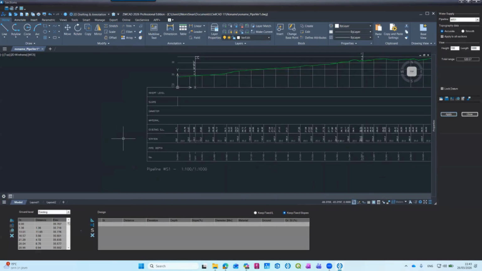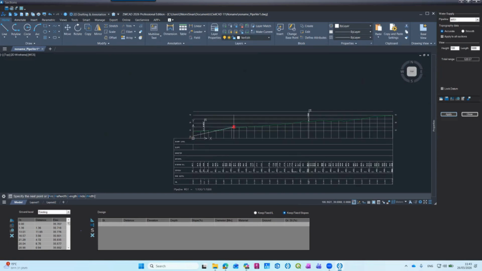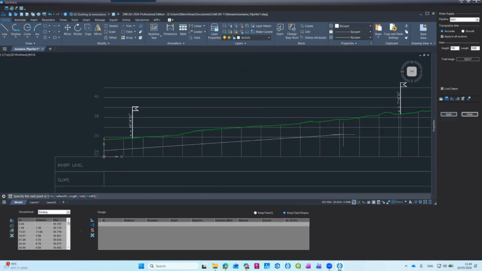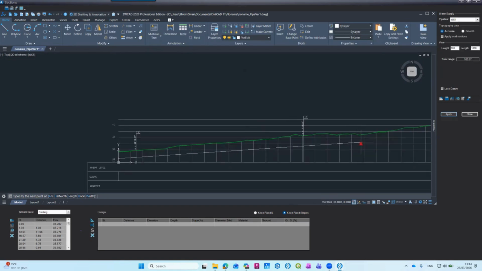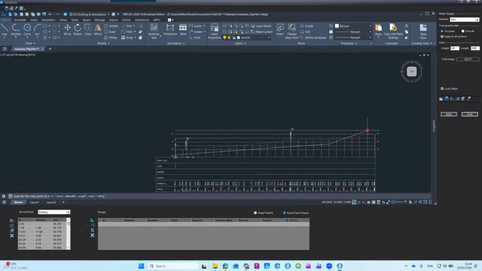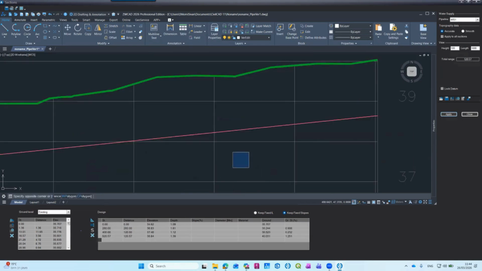And what I want to do to start designing, I'll do a polyline. I'll do it from here. Okay, so this is 2 meters. I'll go more or less 1.5 meters below the ground. And I will go more or less parallel to the topography. Okay, you know what? I'll do the first one here, and the second break here, and the last one here. Good. If I apply, okay, all this data,